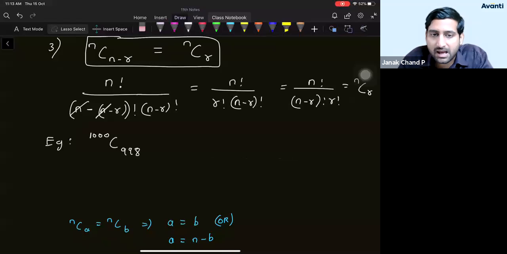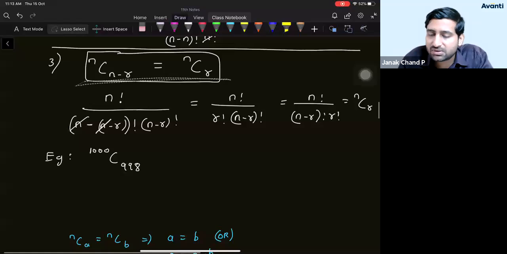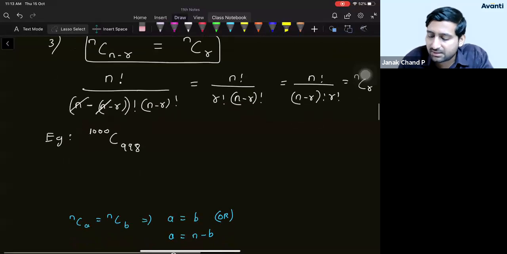But student, as I just told you, we can make use of this formula. When can we make use of this formula, student? Whenever this r value is bigger. Whenever the r value is bigger, we can replace this with the difference of these two. That is, since there's a bigger value, I can replace this with